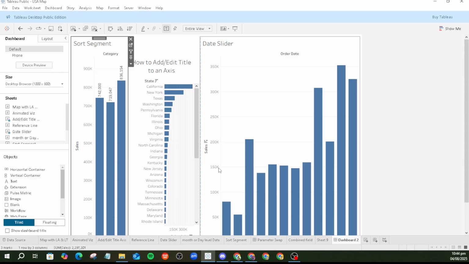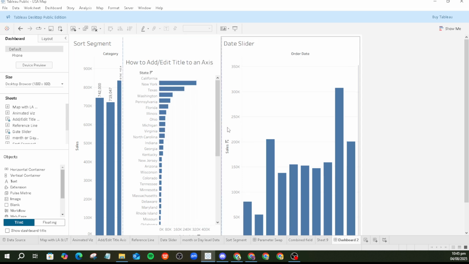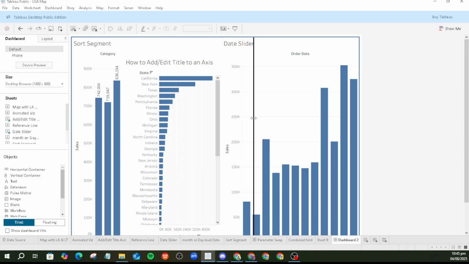Next, find your way to the dashboard you wish to edit. You can do this by navigating the workspace within Tableau. Locate your dashboard among the existing ones, click on it to open, and make sure everything is loaded correctly. Having your dashboard open allows you to visualize the changes and make sure everything is in the right place before